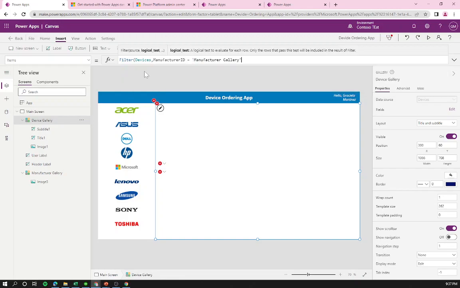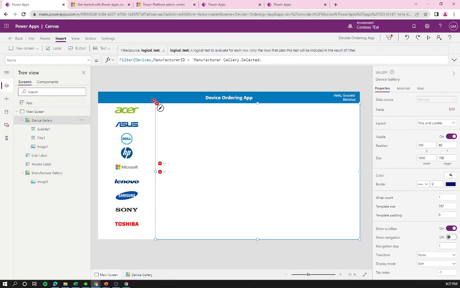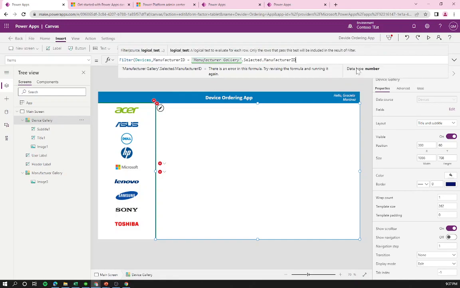So if I select on it, you're gonna see how automatically it also adds those into my formula bar. Then from this gallery we need the selected item, so let's write selected, and then we're gonna select the manufacturer ID from the manufacturer. So I missed the single quote here. Okay,